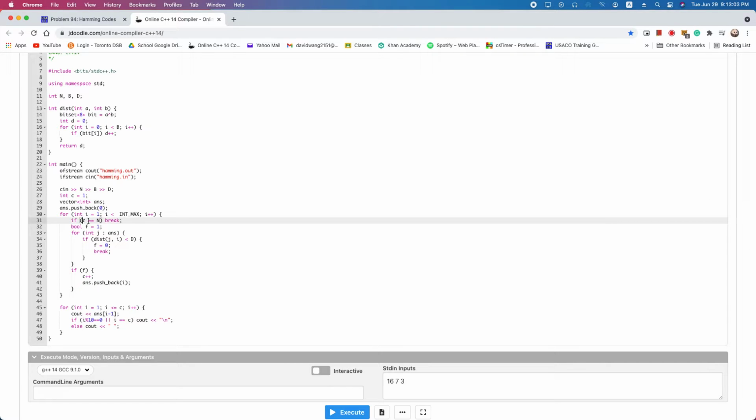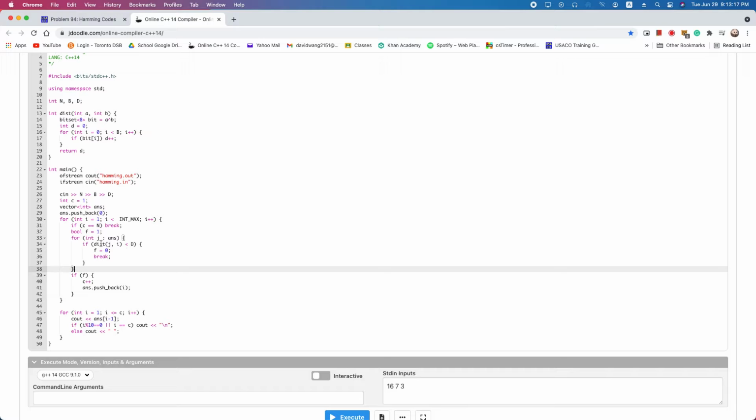If the number of answers that we have is already equal to n, then we can stop this loop and print out the answer. Otherwise, we create this small loop inside, and in this nested loop, we will use this distance function, which will calculate the Hamming distance. After receiving two integers, this will find the bit set value of a XOR b,